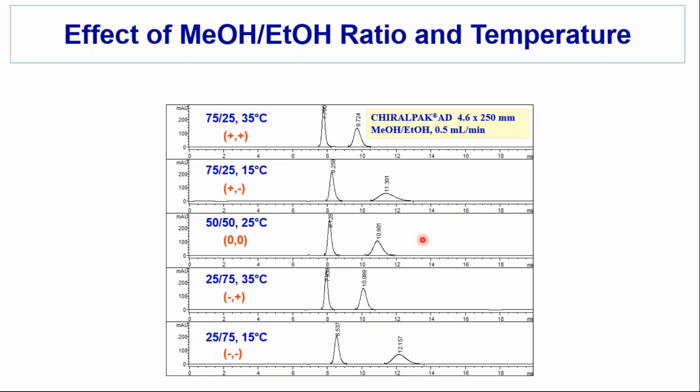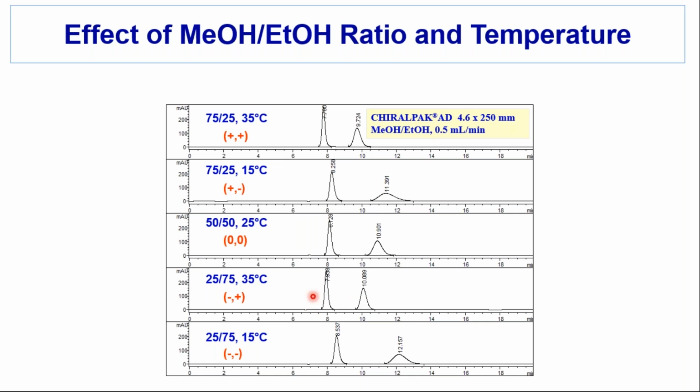Thought, well, let's see what happens as we increase the methanol-ethanol ratio. Let's see what the effect of temperature is. So this is a high level of methanol, ethanol, high temperature, low temperature, low level of methanol, ethanol, high temperature, low temperature. Simple factorial design, but you don't even need to plot the data. You can look at it. High temperature is going to give us better separation than lower temperature. And methanol and ethanol seem to have no effect. The ratio seems to not affect the separation very much.